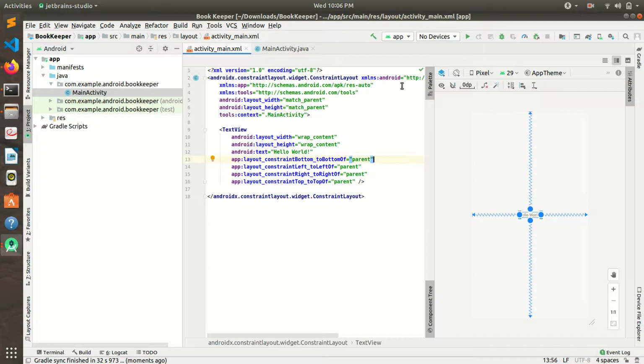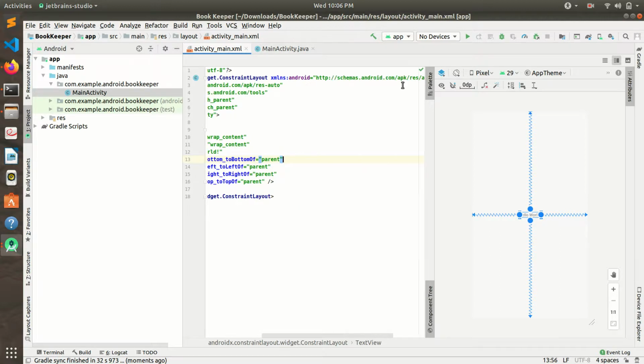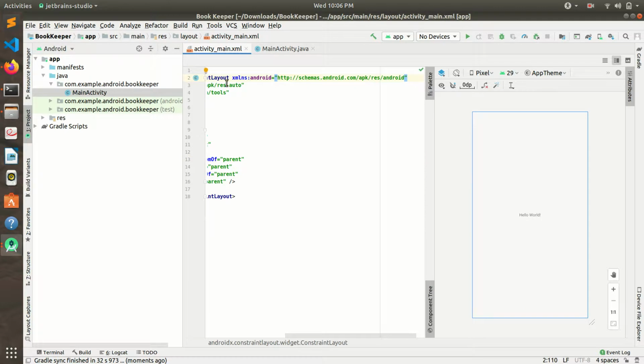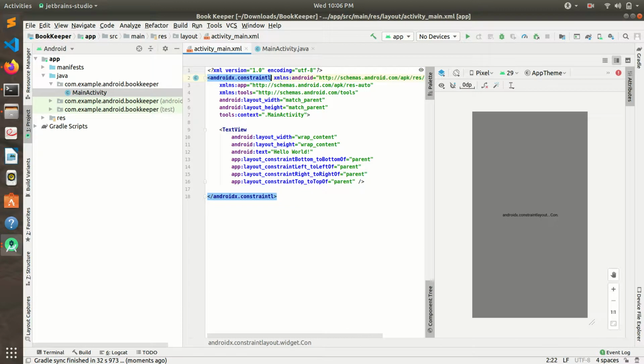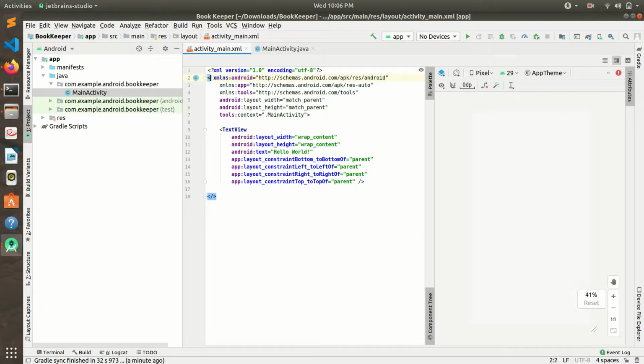In this we'll first make two buttons, one for admin, one for users. I will be using a linear layout for that. Using linear layouts we can add buttons vertically. So I am writing here linear layout. Okay, so I will add two buttons.